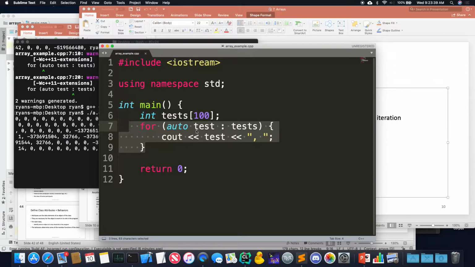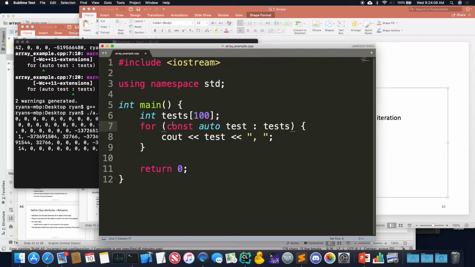Am I modifying test along the way? I can put const here and say, oh, I'm not modifying test here, I'm just printing it. Can anyone see an even better way to do it? What if I had this big honkin' ASU student object and I'm looping over these ASU student objects? It copies the value of the ASU student over to test.